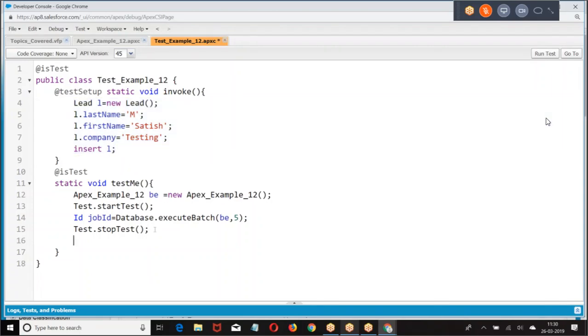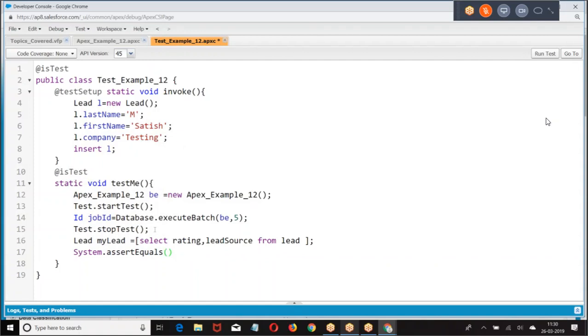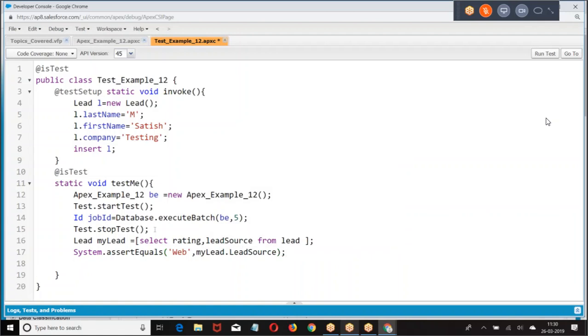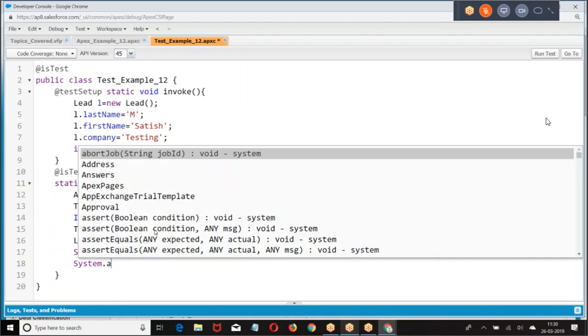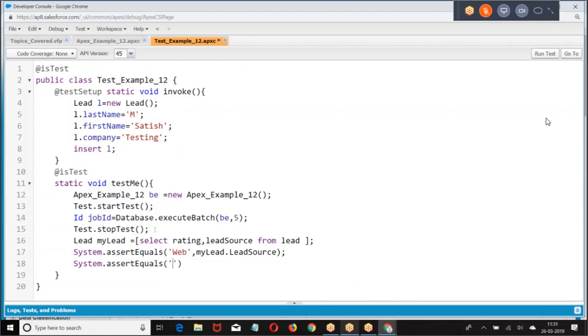So what I'm doing? Now, if everything is working properly, assert equals lead source.